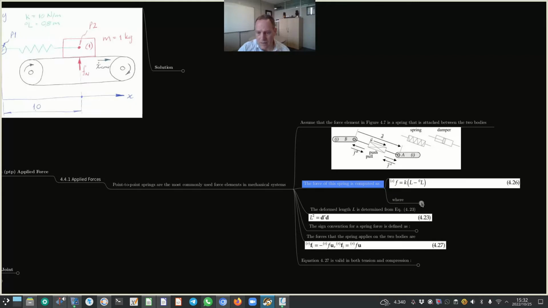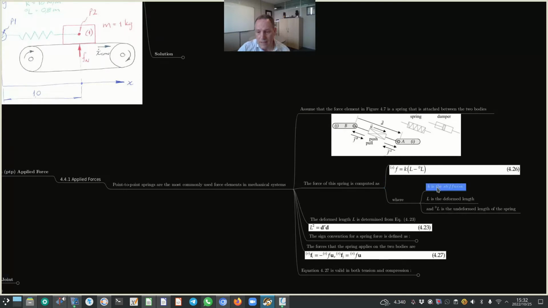Okay, so in this expression or equation, K is the spring stiffness, L is the deformed length of the spring, and L0 is the undeformed length of the spring. Now, the deformed length L is determined from equation 4.23, where we say that L squared equals D transposed multiplied by D. Now, let me just pause there for a while. This vector D that you can see here in figure 4.7,